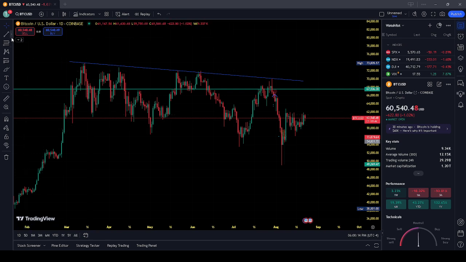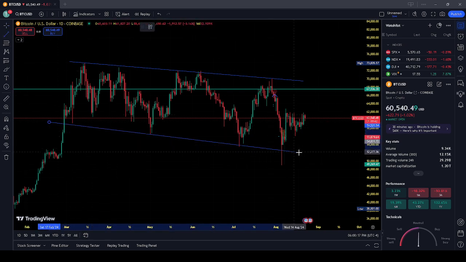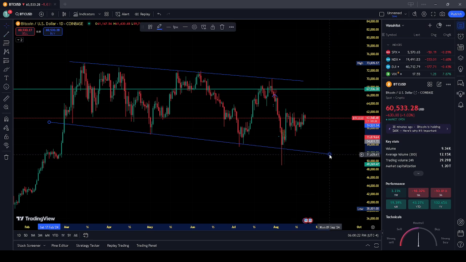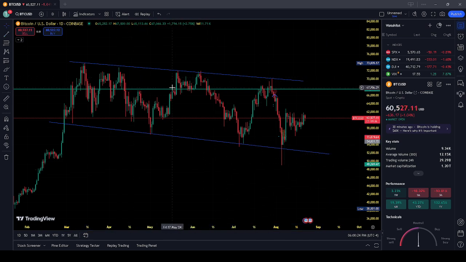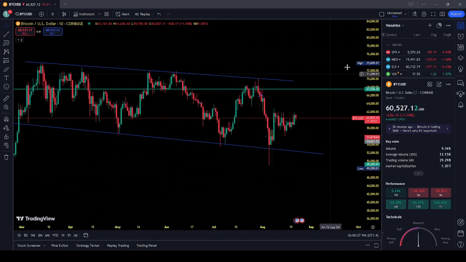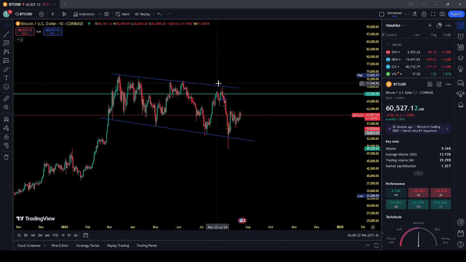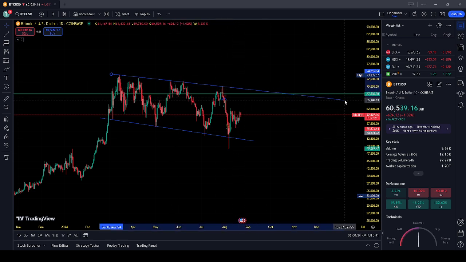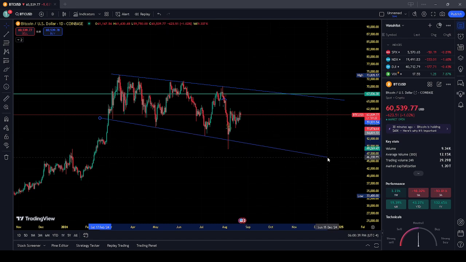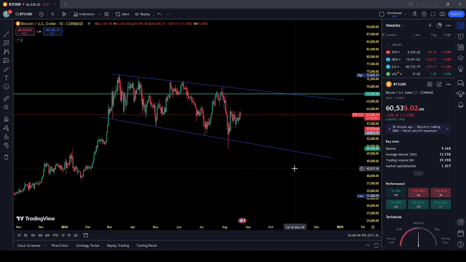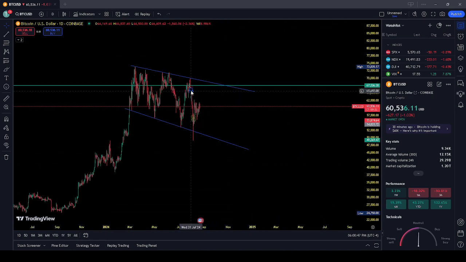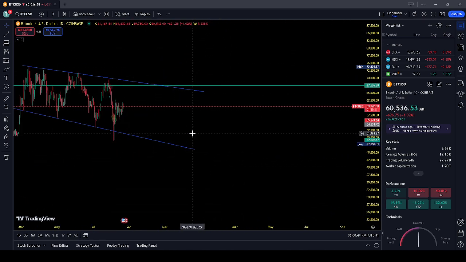On the other side, if you look at this structure at the bottom side, it is making lower lows. So higher lows and lower lows is not a bullish structure, guys. This is a bearish structure, right? In terms of the long term, it keeps going this way, and the lower low is going this way, right? So it is getting into this kind of particular structure, but eventually what's going to happen? I mean, it's still in the middle.